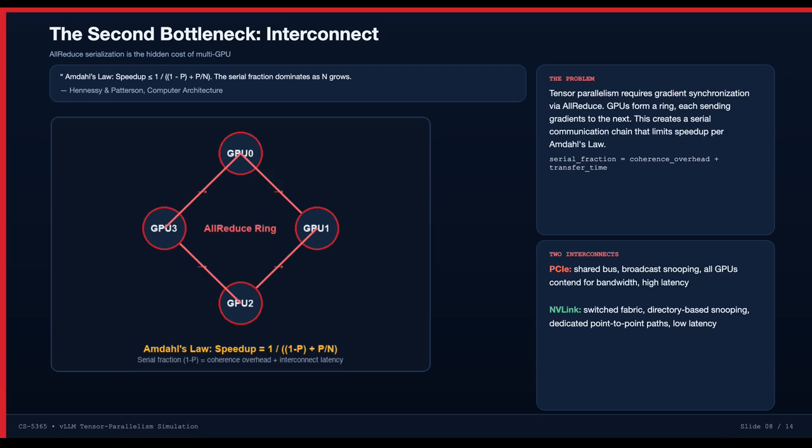Tensor parallelism requires gradient synchronization via all-reduce operations, and the GPUs form a ring, each sending gradients to the next. So this creates a serial communication chain that limits speedup. The serial fraction equals the coherence overhead plus the transfer time. NVLink, on the other hand, provides dedicated point-to-point express lanes directly between the GPUs, eliminating the traffic jam. And the directory tracks which GPU holds each cache line, so coherence transactions are routed only to